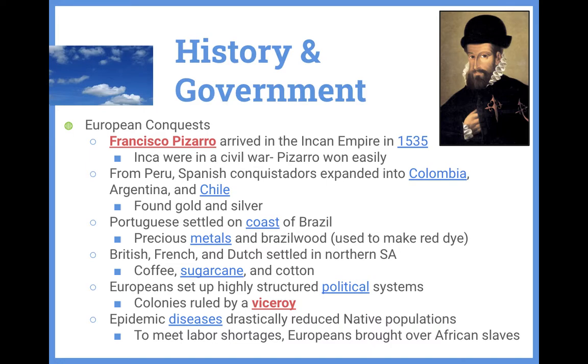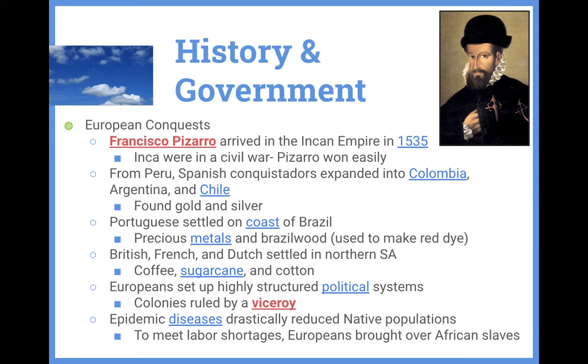So one of the interesting things about the takeover of the Inca is the way Pizarro did it. What he did was he captured the emperor, and he held him for ransom, and then he said he wanted a room. I don't remember how big it was. I want to say like 16 by 20 or something, like a big room. Just fill it with gold and silver. And so they did, and then Pizarro took it and then killed the emperor anyway and took over the Inca.